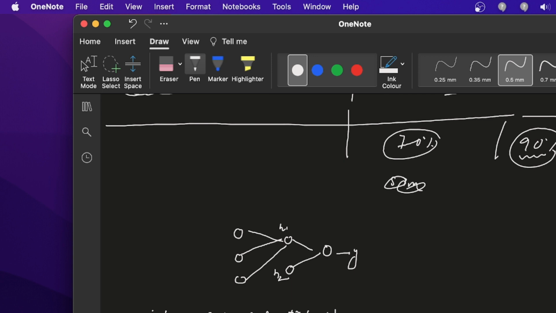Hypothesis 2 looks like x naught, w3, x1, w4, x2, w5 and some bias, and so on. After passing through the activation, you will get A1 and this is A2.